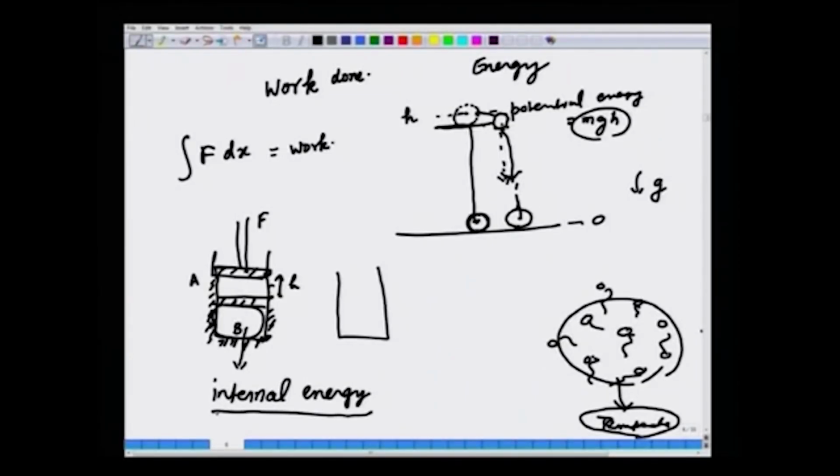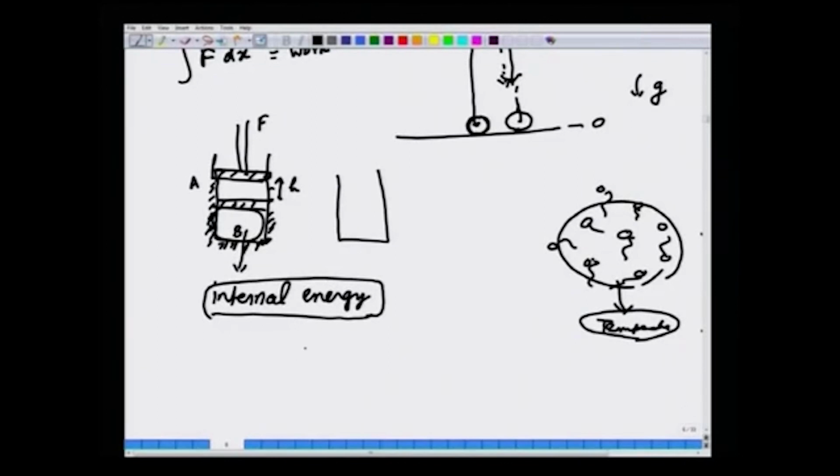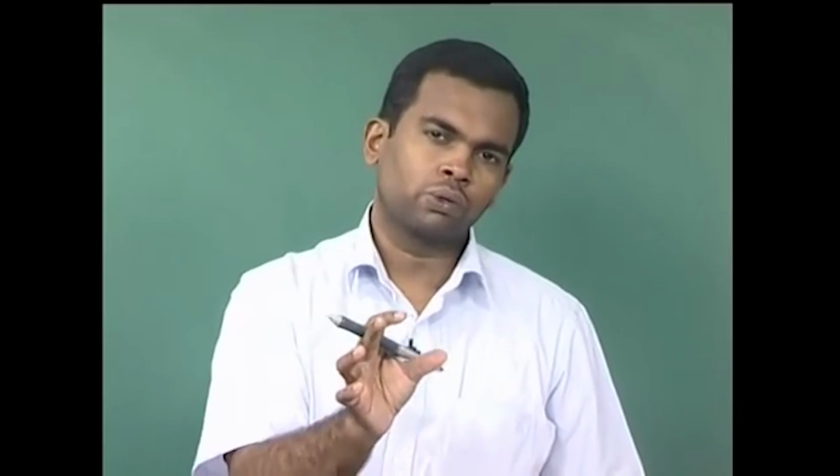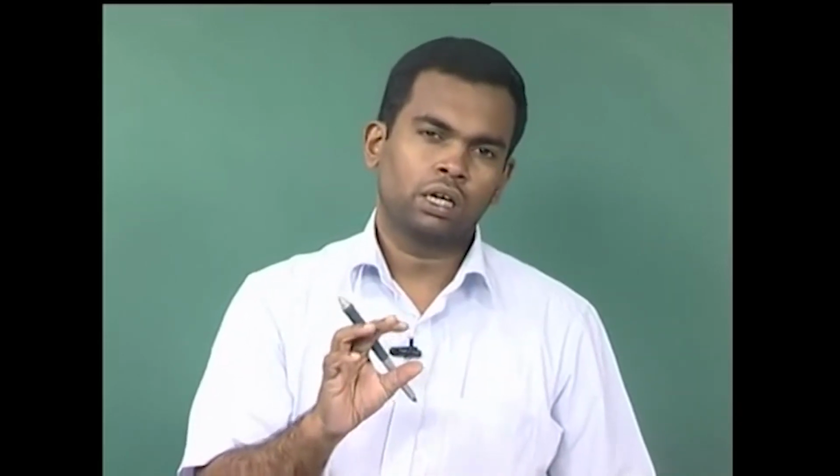So, this is a new concept: by doing work you can not just change the macroscopic kinetic energy or potential energy of an object, but you can also change the internal energy of an object. Now, the first law of thermodynamics tells you that, and this is also not very different from what mechanics is doing, because mechanics is saying that by doing work you can change macroscopic energy, like macroscopic kinetic energy of the ball or its potential energy. But here we are merely saying that the work that you are doing is going to do something else, that is change the internal energy of